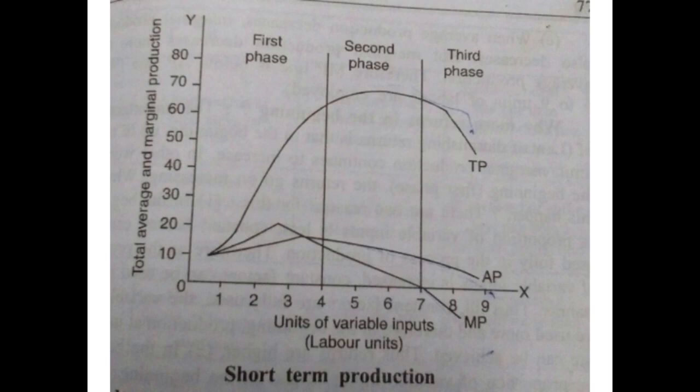We need to move on towards the second phase. But when to stop in the second phase, that is, how many laborers we need to employ, we also need to check the quantum of wages, how much we need to pay so that it gives us profit and maximum returns. So that marginal revenue productivity and the rate of wages become equal, that number of laborers is employed in the process of production. So this is the usefulness, or importance, of the law of diminishing returns.